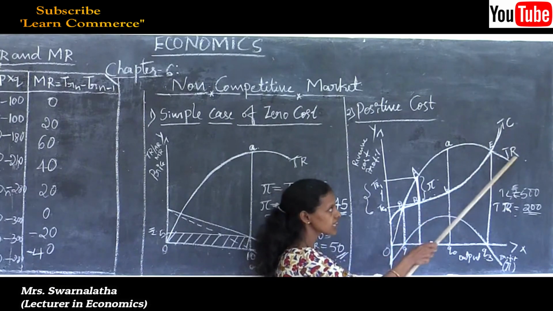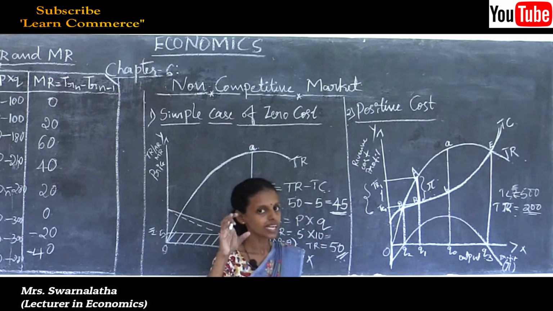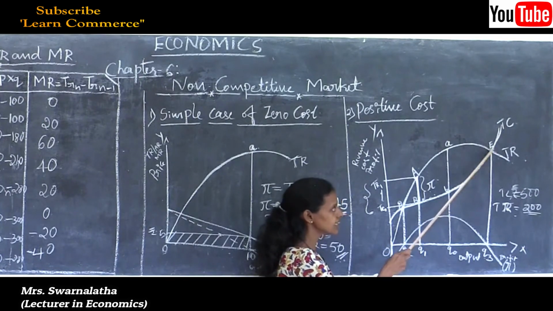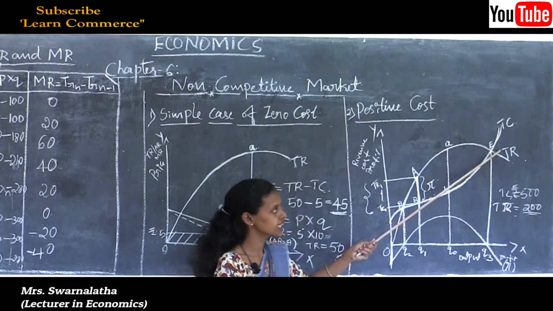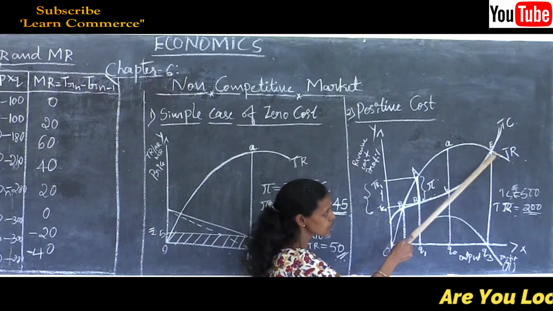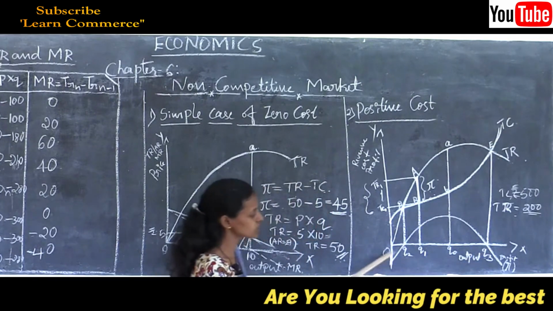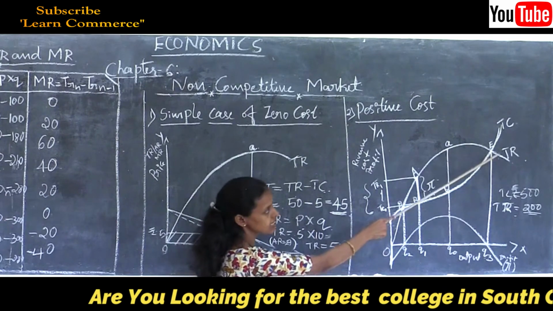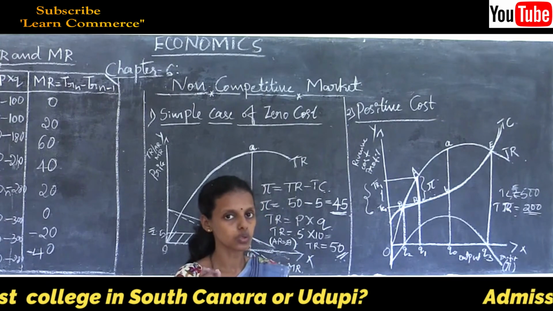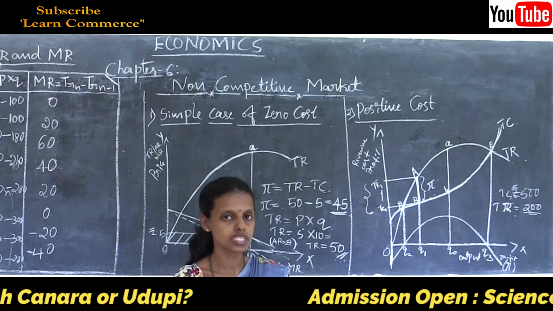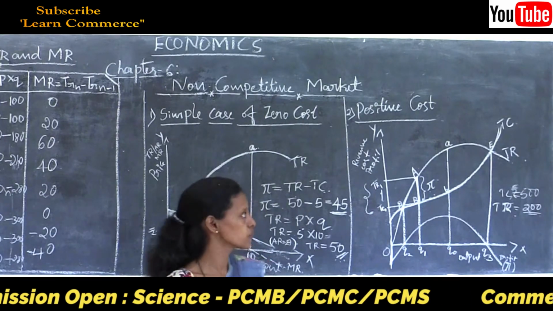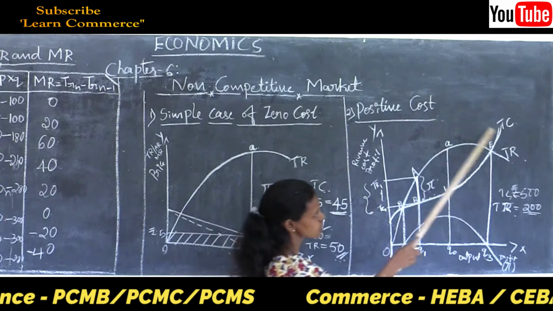Profit means TR minus TC. But here, the TR curve and TC curve are both equal at the particular point E. Thus point E is the equilibrium situation at the OQ3 level of output produced. E is the equilibrium point. Here you can see total revenue is equal to total cost, or marginal revenue is equal to marginal cost. That is the firm earning maximum profit in the short run in case of positive cost.